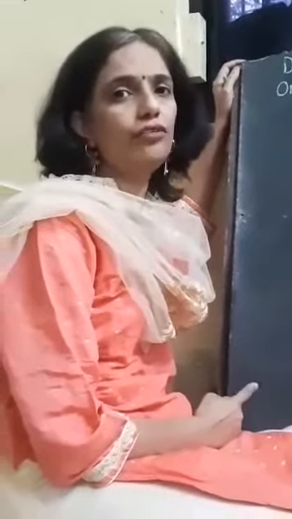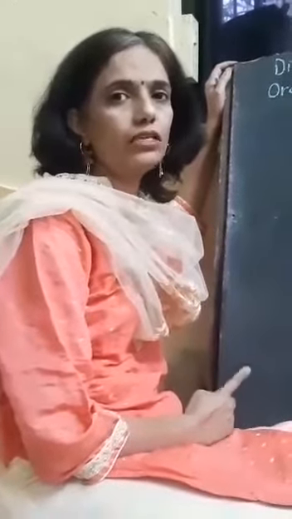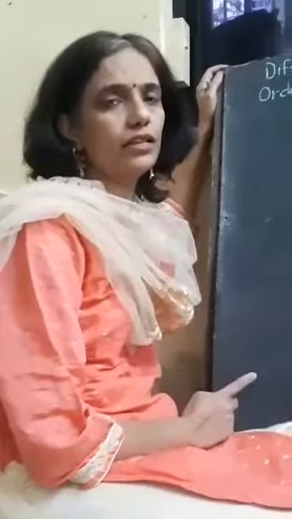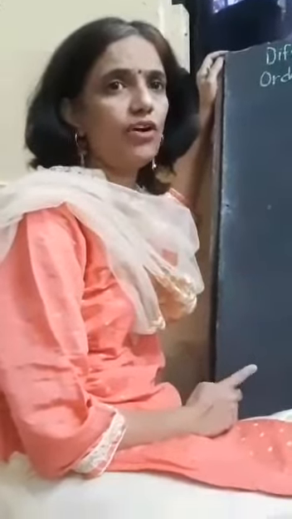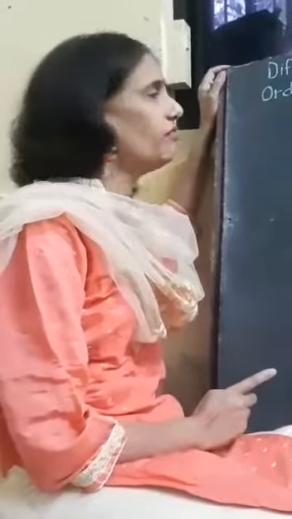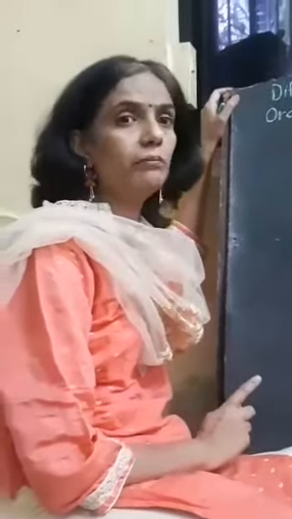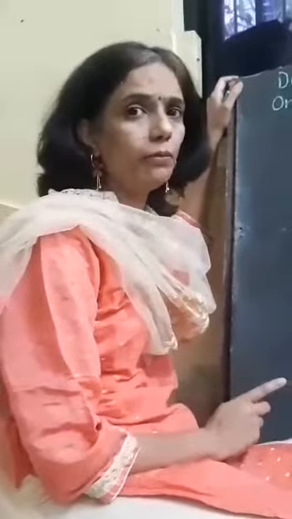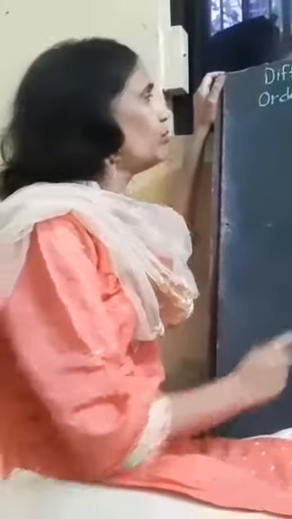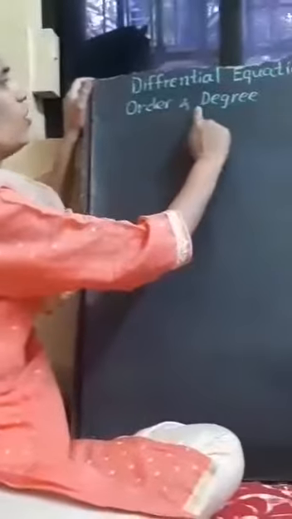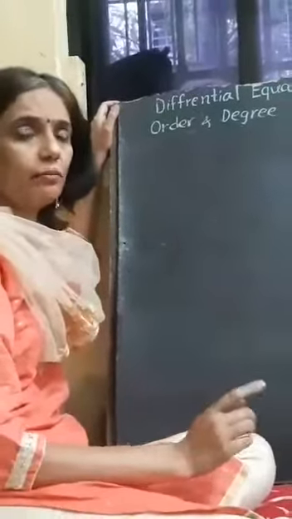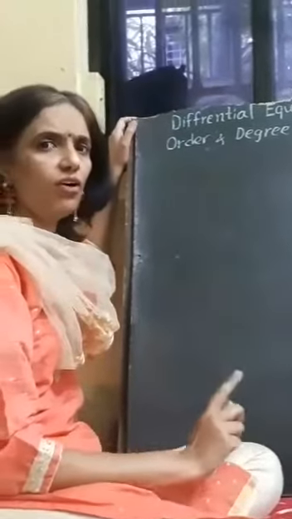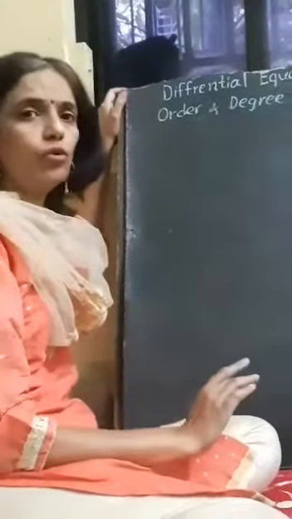Okay, so we will continue with how to find order and degree of differential equations. This part comes for 4 marks in the exam. Mostly 2 sums will be given for finding order and degree. For every sum, finding the order is for 1 mark and finding the degree is for 1 mark. In the exam, you have to write the answer of what is the order and what is the degree. In between steps, there are no marks. Please remember, only for finding order and degree there are marks, for steps there are none.